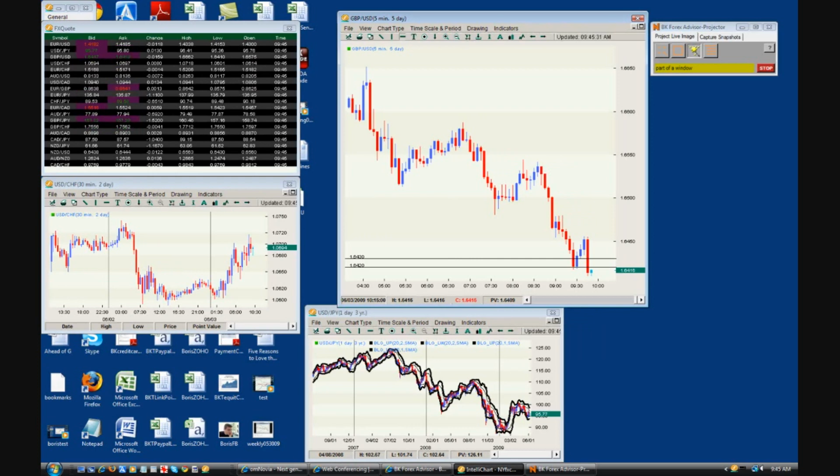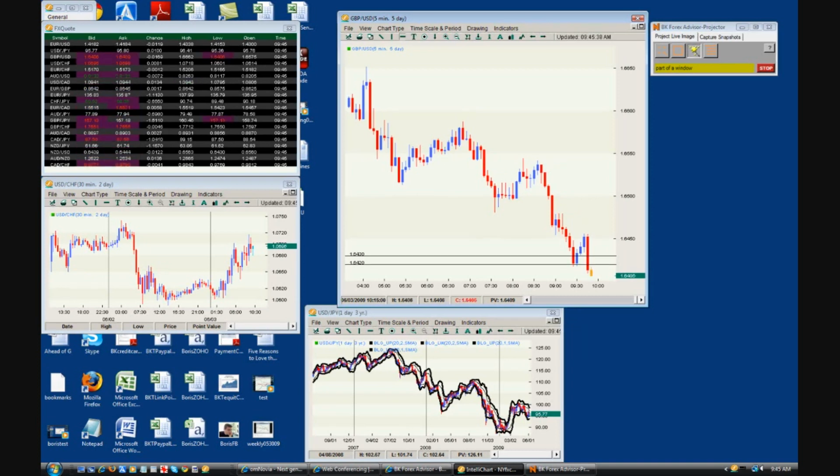I'm sorry, guys. For anybody who missed Europe, what I was showing everybody was my setup for the 00's, which you're sort of seeing real live in action as it happens. This is basically what I love to trade day in and day out, although